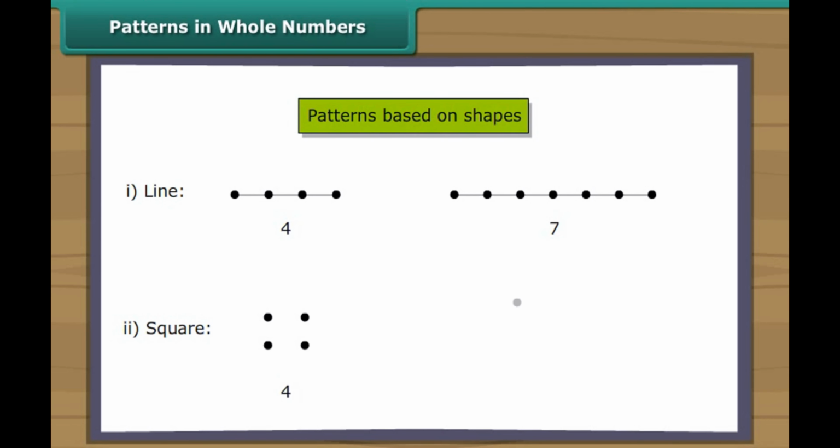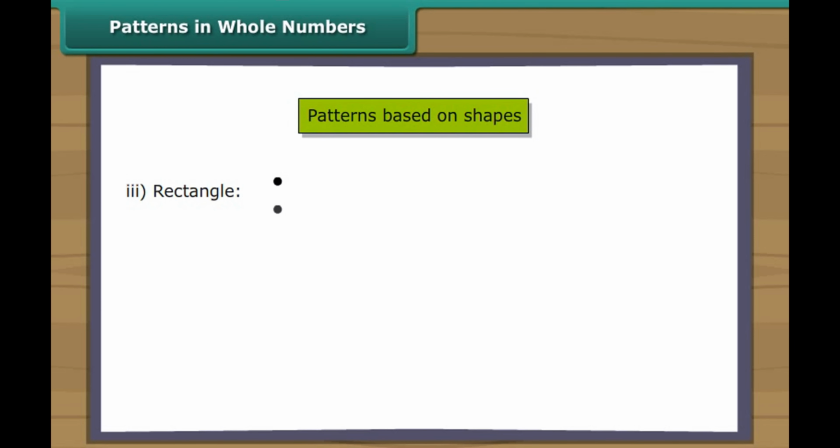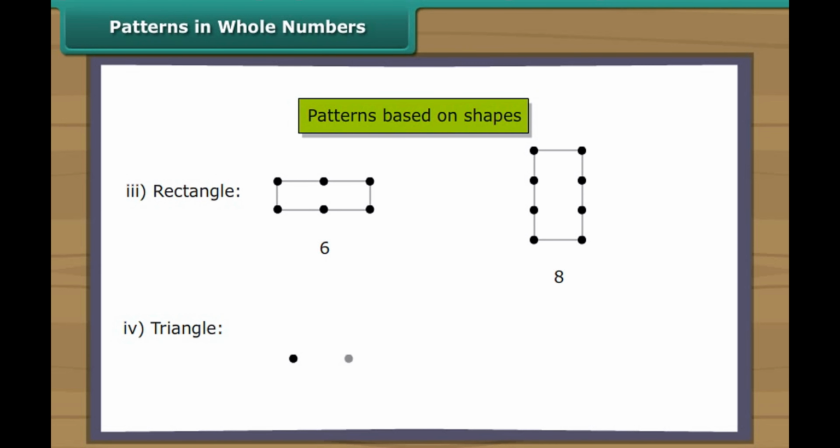Patterns in whole numbers. Numbers can be arranged in some elementary shapes using dots. The shape could be a line, square, rectangle, triangle. Every number can be arranged as a line. For example, some numbers can be arranged as squares. For example, some numbers can be arranged as rectangles. Rectangles can be horizontal arrangement or a vertical arrangement. For example, some numbers can be arranged as a triangle. For example,